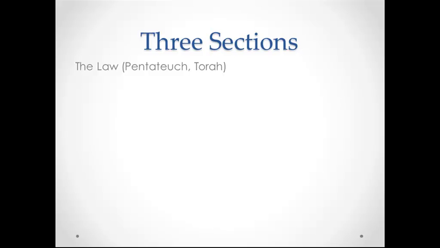Even just the first part, the first collection, the first section, as it were. It's not even the first section, it's the first collection of Jewish scriptures was the law, 5 scrolls. We have evidence from the time of Jesus that fairly clearly indicates that Jews thought of the canon in terms of 3 collections. Not really 3 sections at that time, but 3 collections. The law, the first 5 books, the prophets, that I'll come to in a second, and then a third group